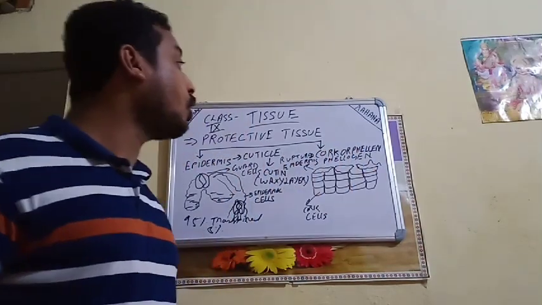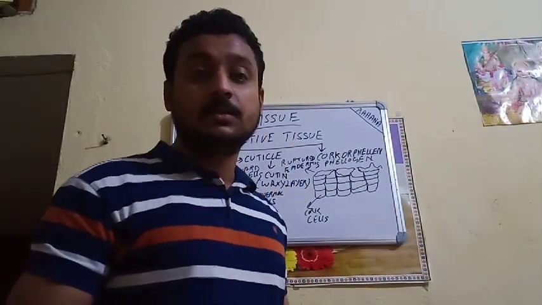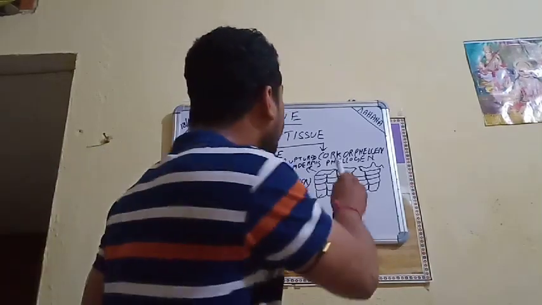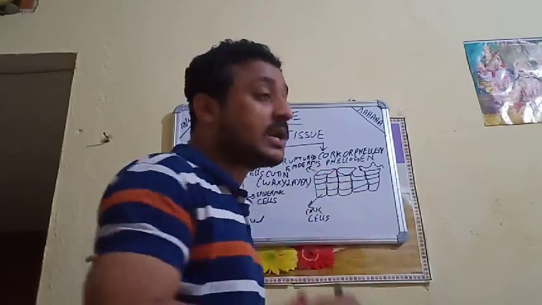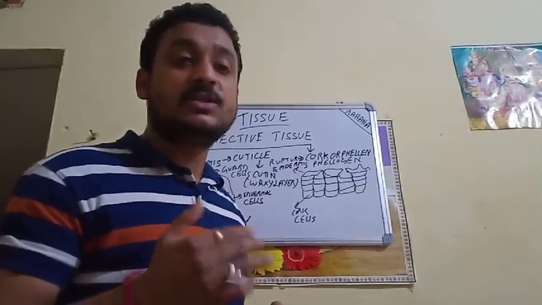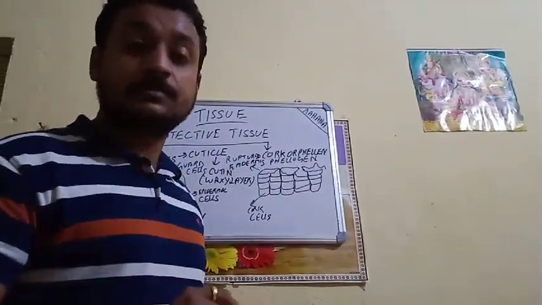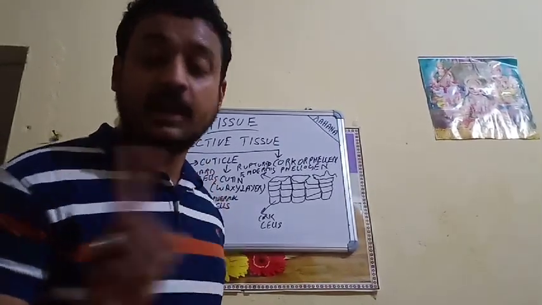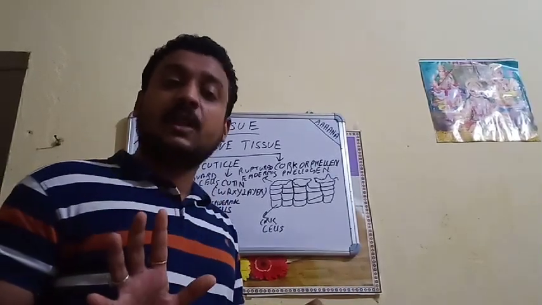Next part is the cork or phellem or phloem. This is the internal part of the epidermis. If we dissect the epidermis of the stem, we can find this cork or phellem. When the epidermis ruptures, with time and due to the aging of the plant, the epidermis tissue will start to rupture. But that is not the end of the plant. The plant life will not end there.